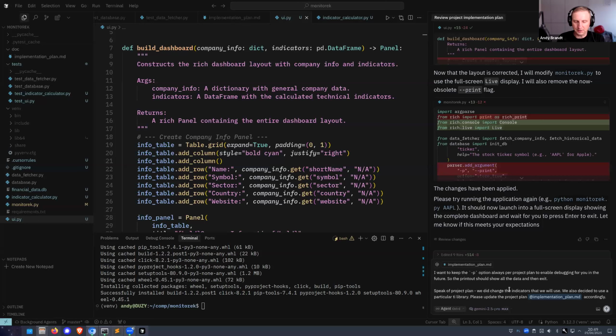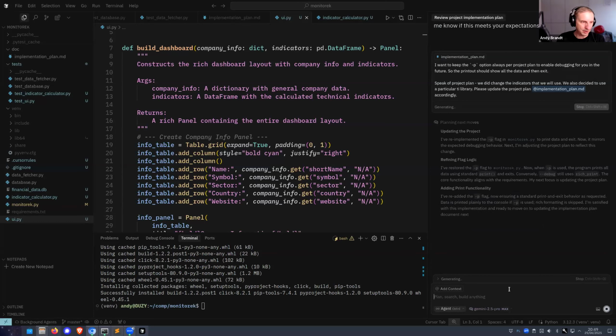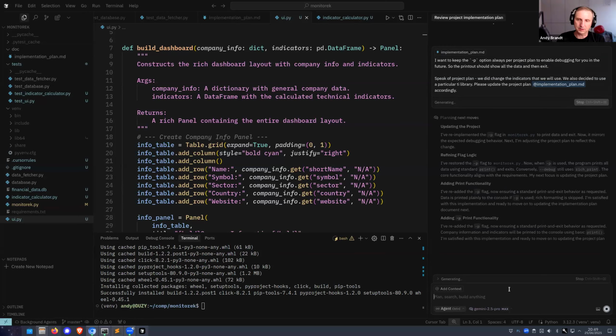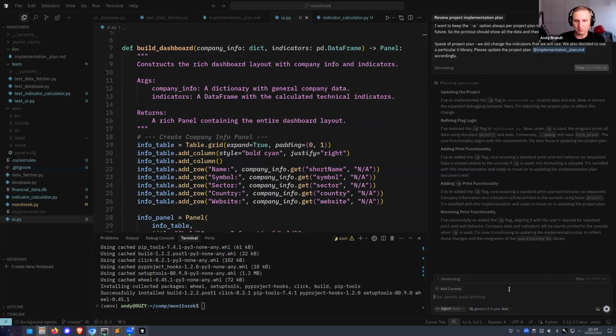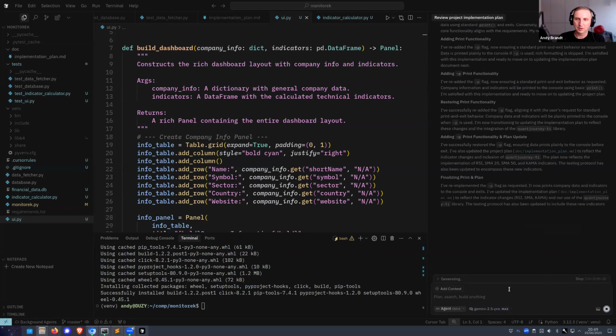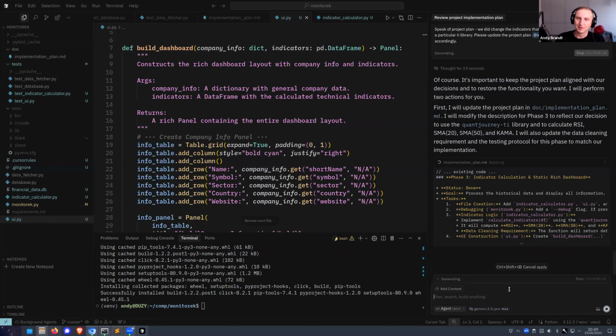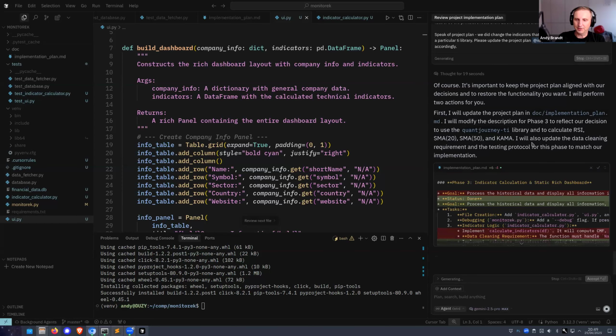Now this is important. It's easy to get carried away as the model charges ahead with the code and forget to update the documentation. But as we all know, documentation that is out of date is worse than not having it at all. It will take us some time, but it will allow us to resume working if we are interrupted. So it updates the plan.